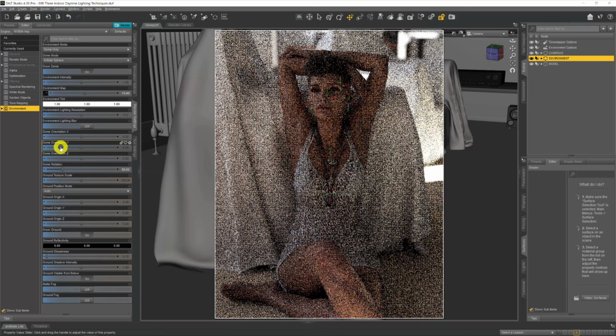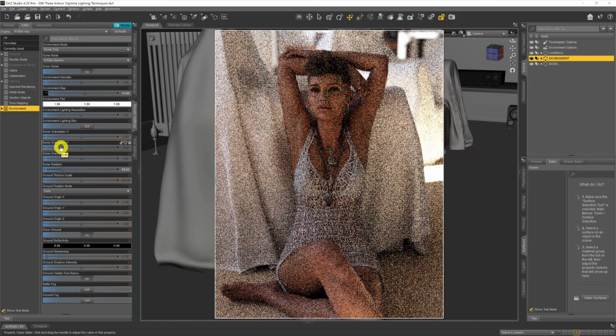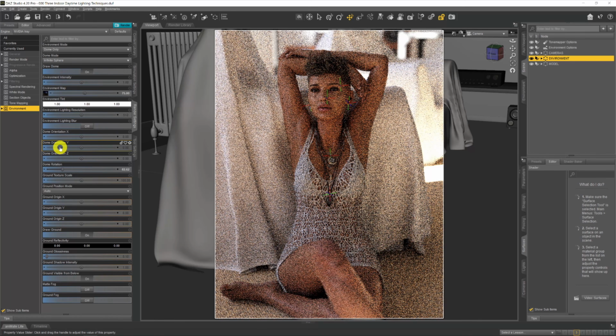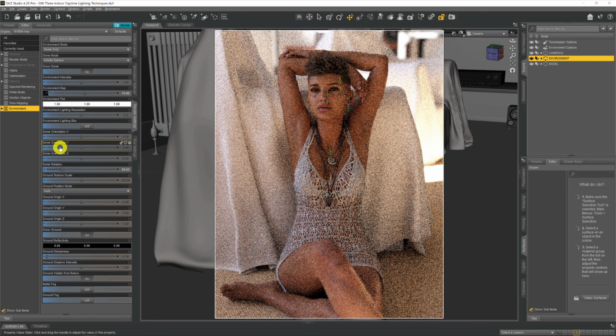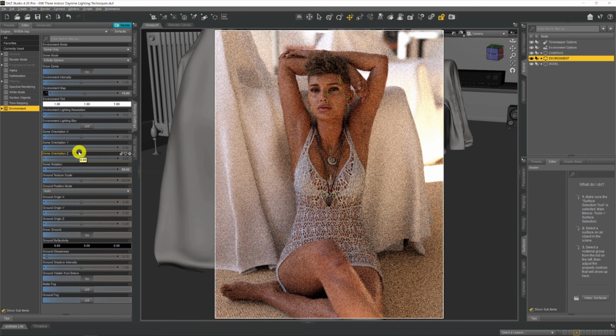We come up to 75 and we light our model up using the HDRI from the outside, producing this nice bright sunlit effect that we've got here, which you can see building up. There's one downside to using this technique, and I don't know if you've noticed it. It takes actually a lot longer to get rid of the grain in your image, so your render times will